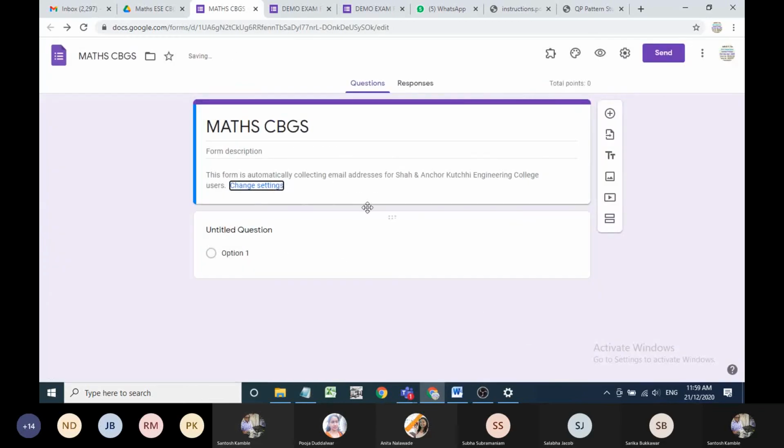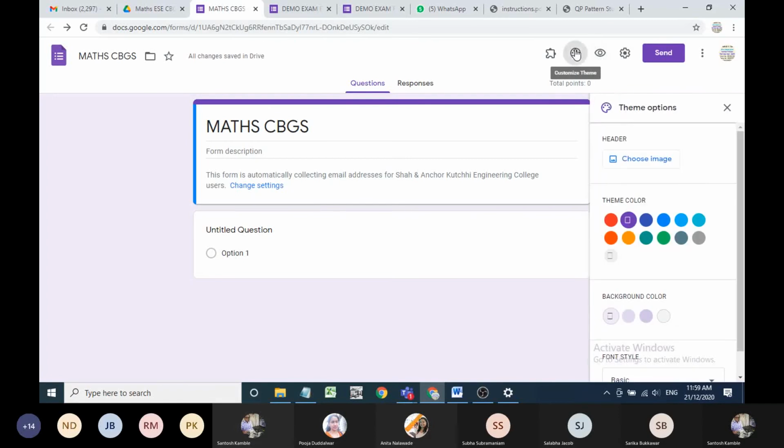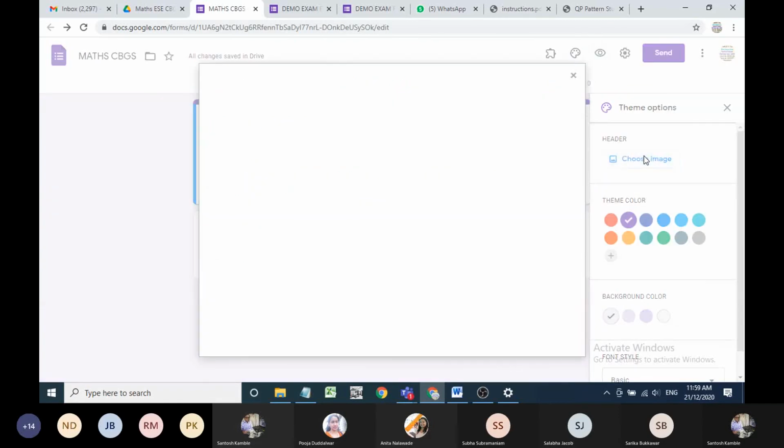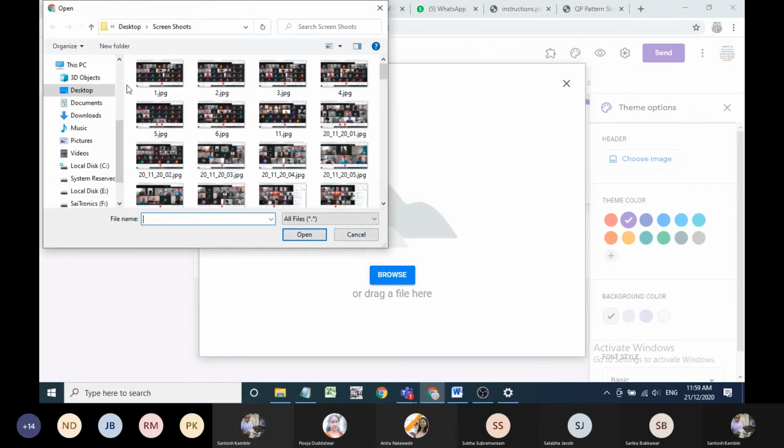Save. So here you can add header. Same header which we are using.